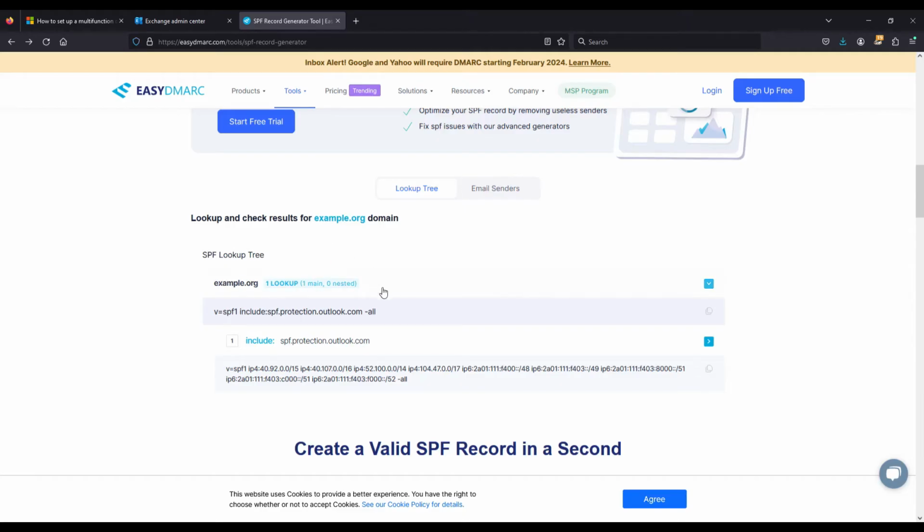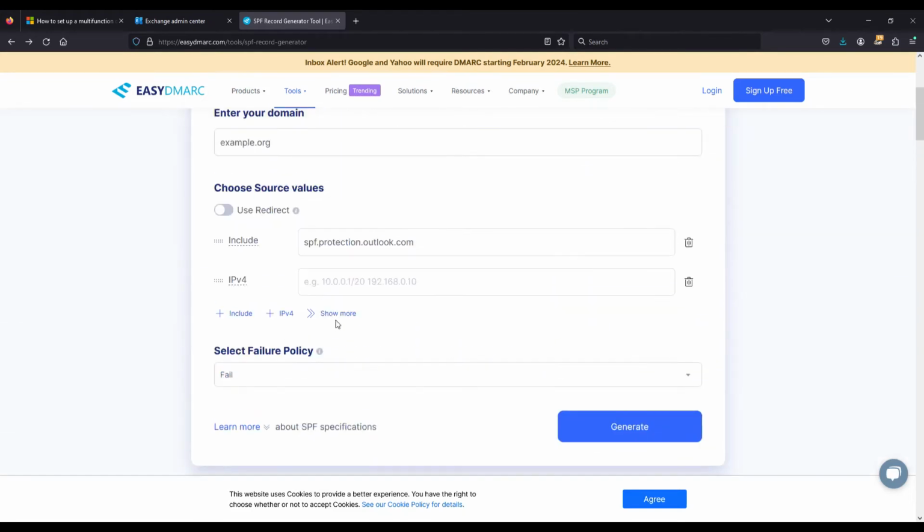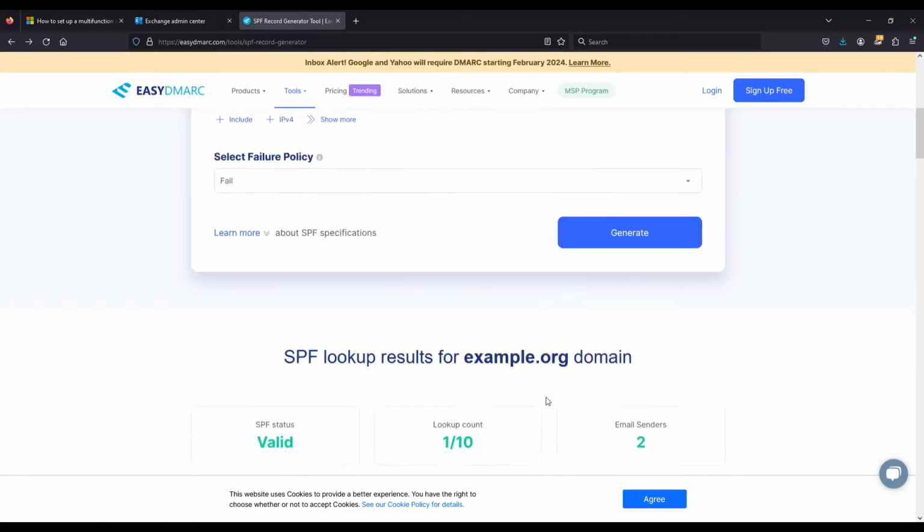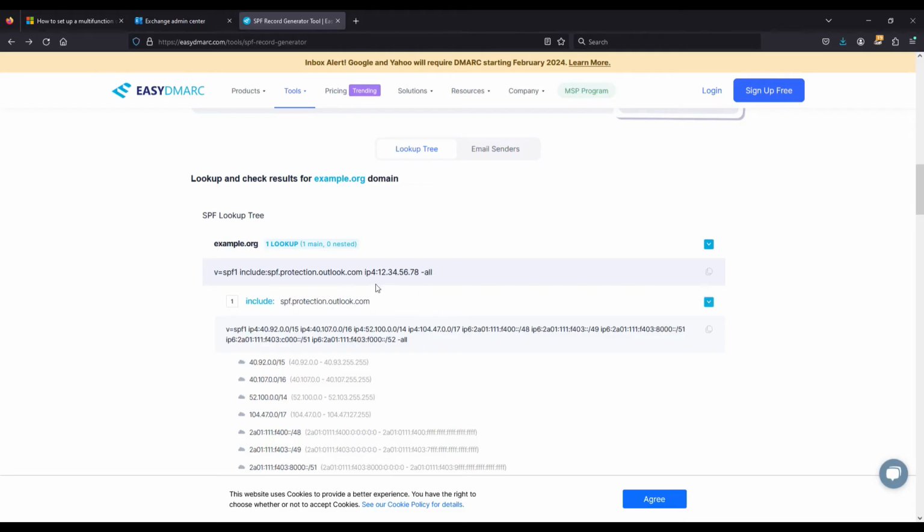In this case, what you'll want to do is add your additional static IP address. And we can do that in this case by adding our 12.34.56.78 right there. If I regenerate this, then we'll see that we now have ip4:12.34.56.78 in the SPF record. And that means now anything that comes directly from 365 is authorized, but so is anything that comes from this